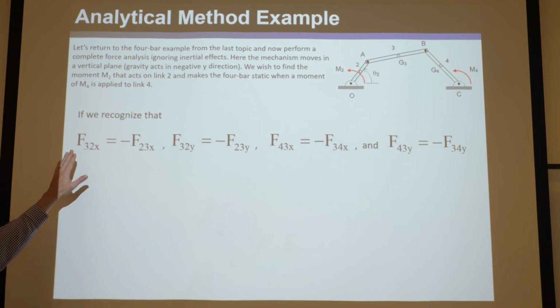So F32x is equal to negative F23x, because the force imparted from 3 on 2 is equal to the negative of the force imparted from 2 on 3 in the x component. So these are 1, 2, 3, 4 new equations. So 9 equations plus 4, that's 13. So fantastic. So with the 9 equations we did from static equilibrium and these extra 4 equations, we now